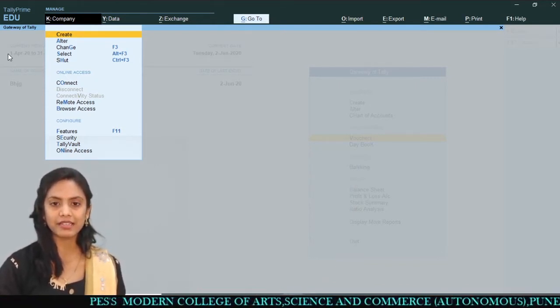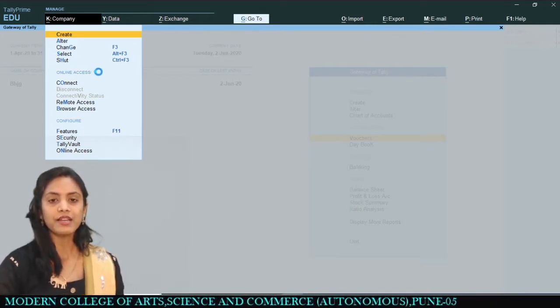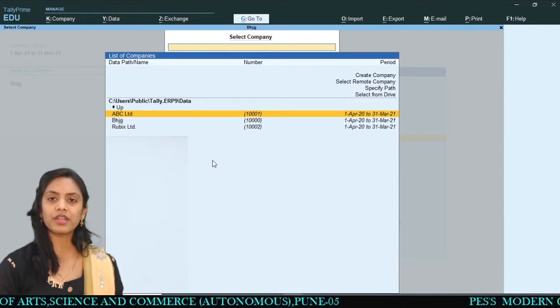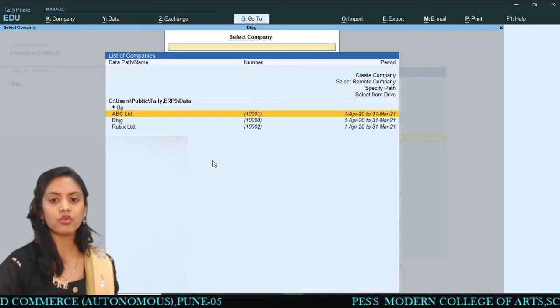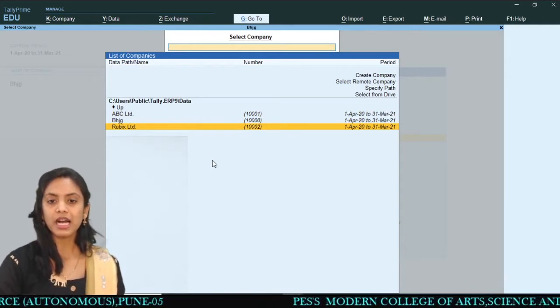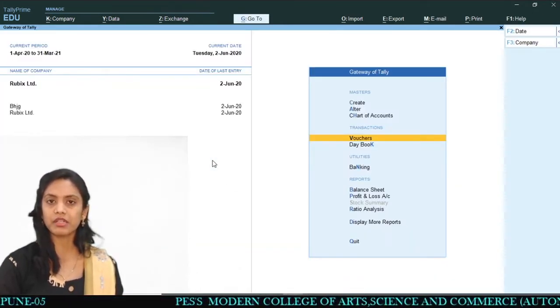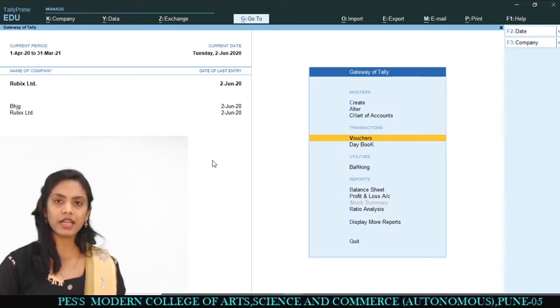I have to select Alt plus F3, that is the select option. Now there are a number of companies that we have already created. So I have to go for Rubik's Limited. I will select this company with the help of the enter key, and then I have to do the transactions now.